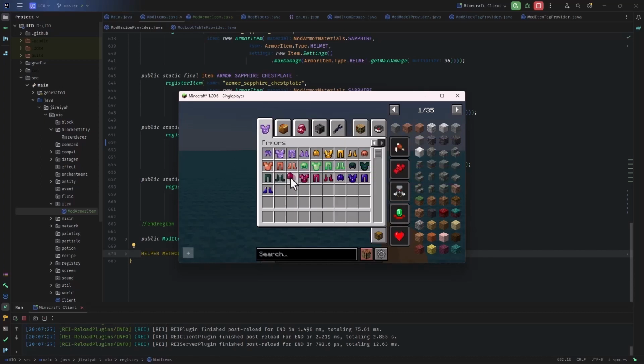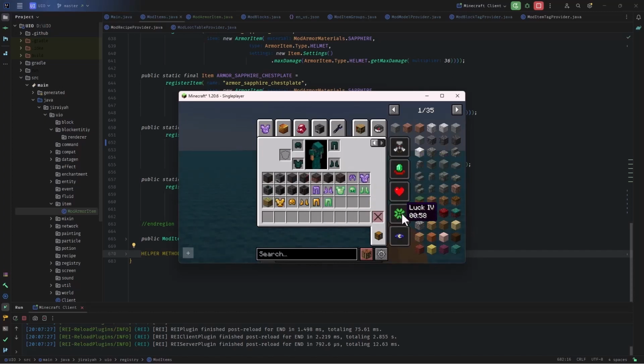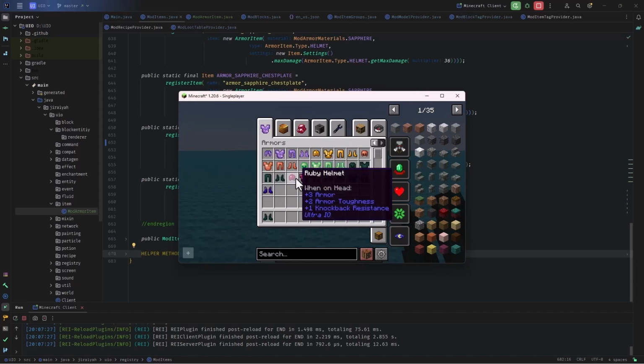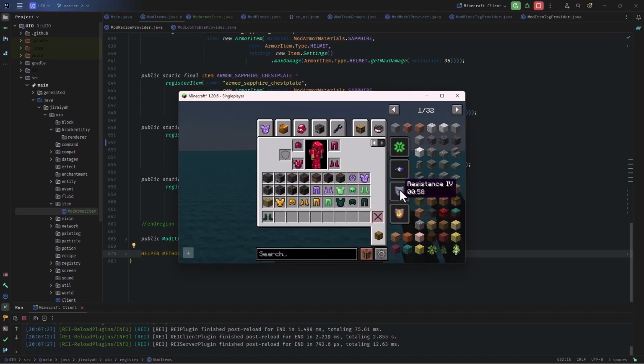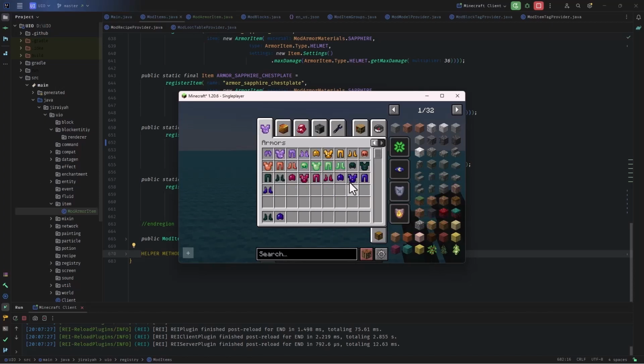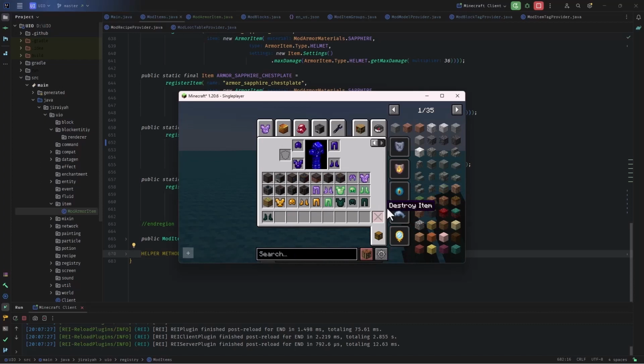Then we have the enderite set. Come on. Okay, and you see that we have luck of 4. And again, the night vision. And remember, we have a to-do for that, for the ignore and creative flight. The next set, we have resistance and fire resistance. And again, we don't have that ignore effect yet, so we have to do them in future. And finally, the sapphire full set. As you see, we have conduit power, dolphin grace,